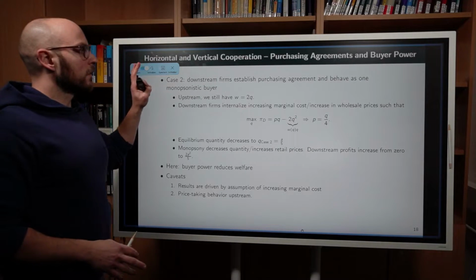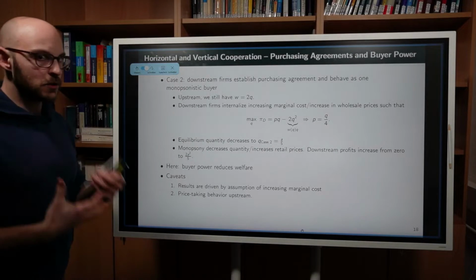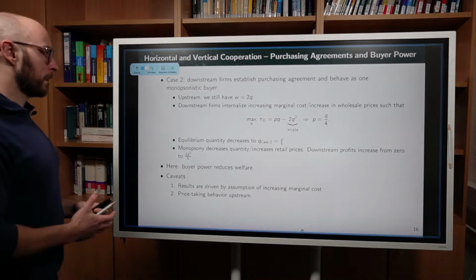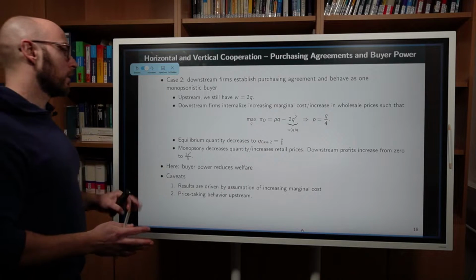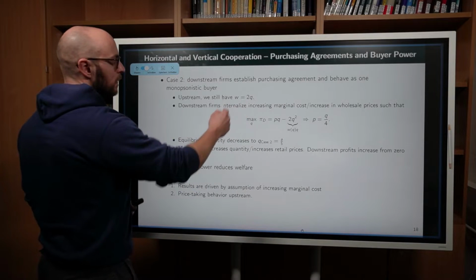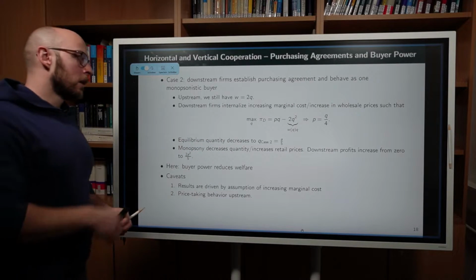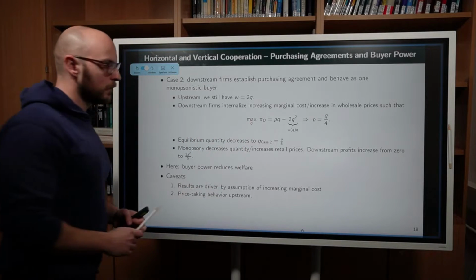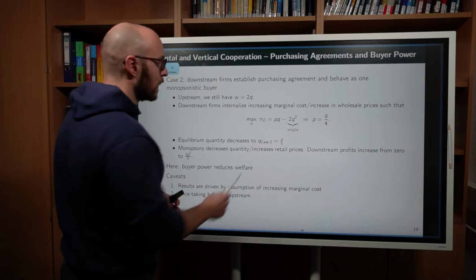Now let's consider a situation where the downstream firms establish a purchasing agreement and become a monopsonistic buyer. On the upstream level, nothing changes. So the same maximization problem applies, so that the wholesale price will be equal to 2q. What the downstream firms now do, they maximize their profits, so each downstream firm maximizes its profits, which is a